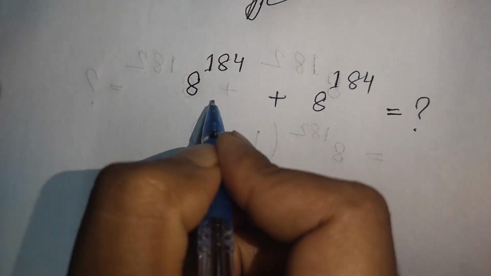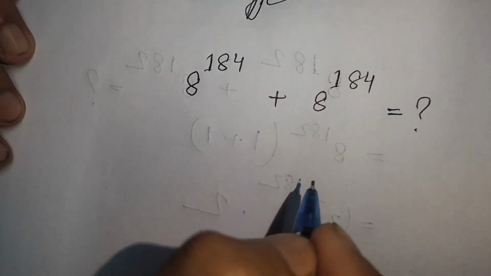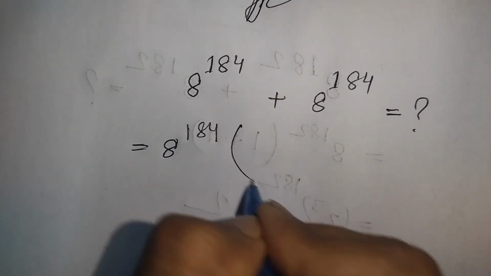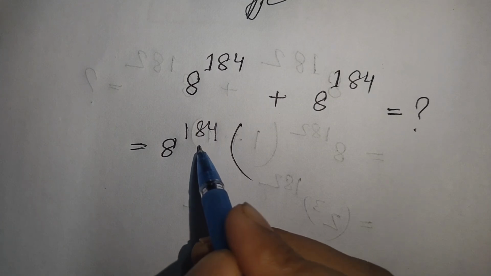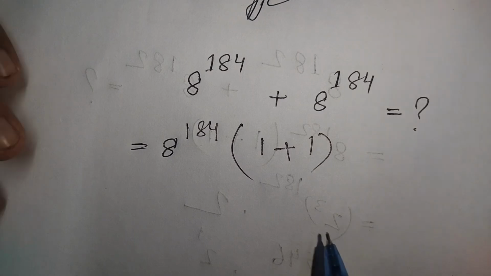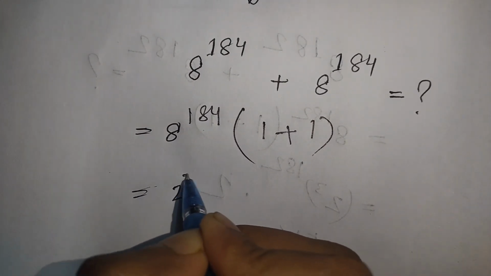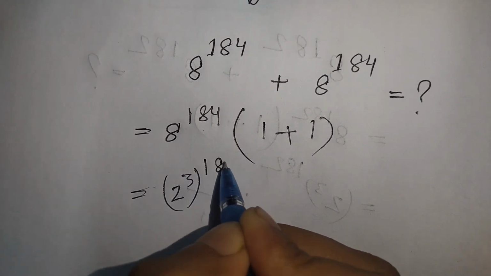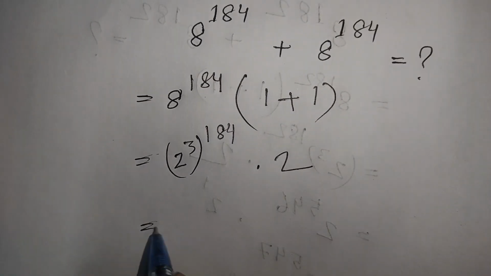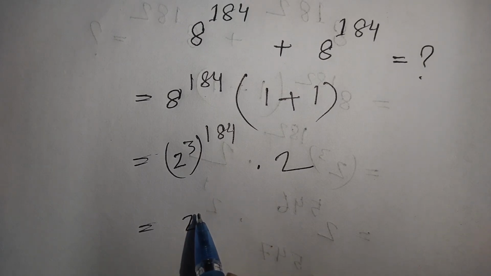How to solve a to the power 184 plus a to the power 184 is equal to what? At first we take common a to the power 184, first bracket start, this divided by this, that means 1, plus this divided by this, that means 1. Now a to the power 184 is same as 2 to the power 3 bracket for 184 times 1 plus 1, that means 2. Now 2 to the power 3 times 184, that means